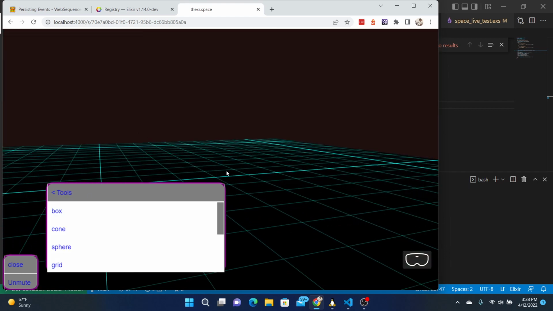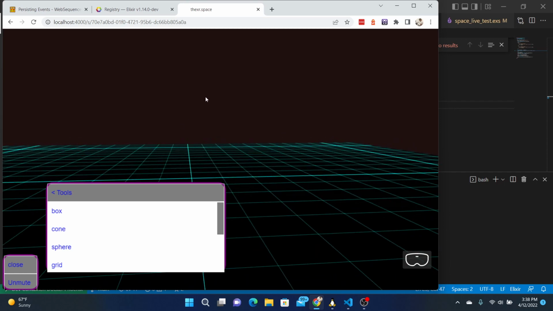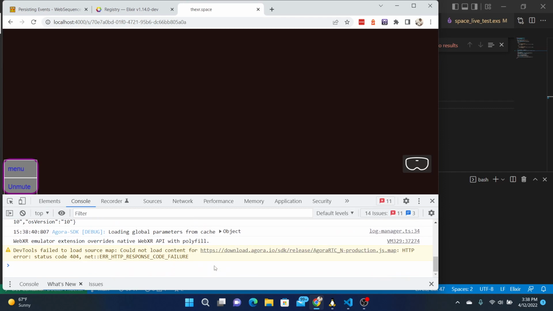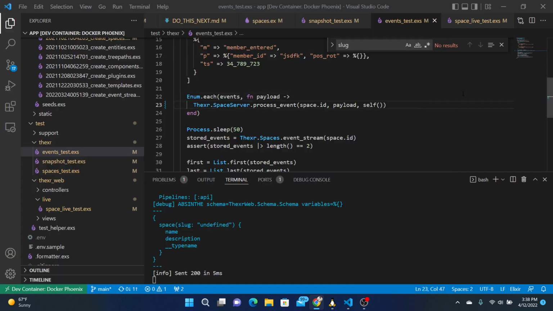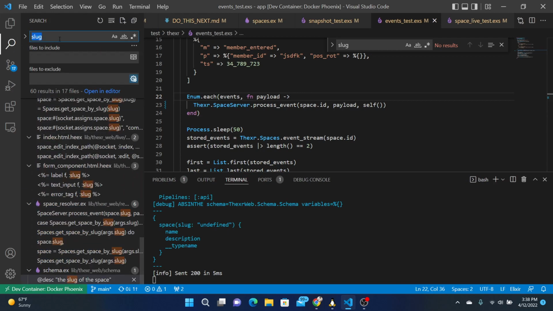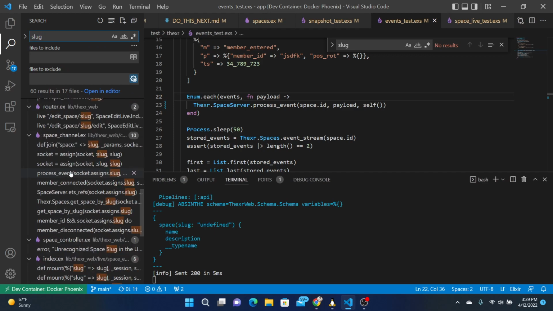I expect these should fail. Actually, I'm surprised it works. Okay. Fresh. Of course, that doesn't work. We probably got an error here regarding something or other. Okay. There's quite a large front-end dependency on the presence of a slug. So let's go back to slug. Who else mentioned slug? Only 60 results and 70 files. Okay.